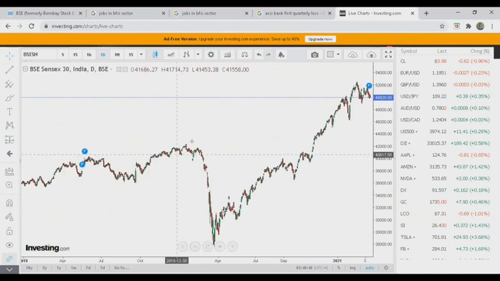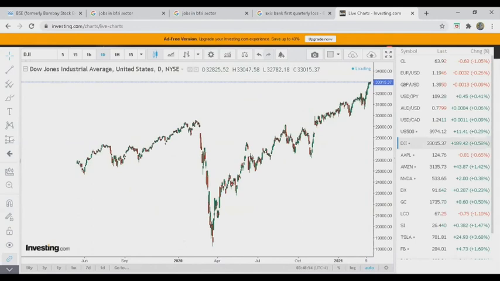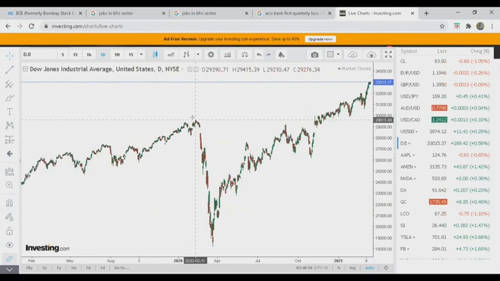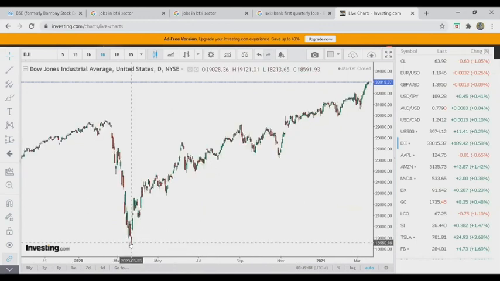And if you think that's only India, take a look at it once again. Let me open the data for the US market, the Dow Jones Industrial Average. This is also similar. It crashed, and when it made the bottom over here, you see this date at the bottom says 20th March. So this also made a bottom around that same time. Similar time, or 23rd March. 23rd March was the bottom in the US market also, and this has also climbed up way beyond where it was before the COVID-19 outbreak.